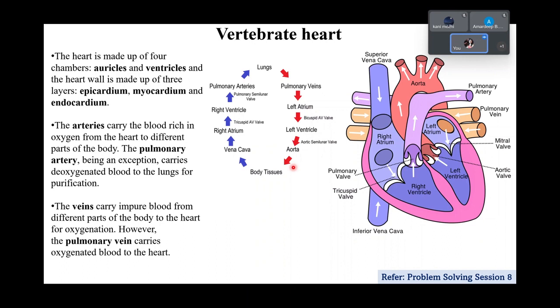The left atrium passes it to the left ventricle, and then it passes on to the blood vessel that carries the blood to different body cells, which is the aorta. Again, you have a valve here and a valve here: the aortic valve, which deals with the aorta, and the mitral valve, which lies between the atrium and the ventricle. So you see how well regulated this whole system is, that there is no mixing of blood and no backflow of blood, and that highlights the efficiency of the vertebrate heart